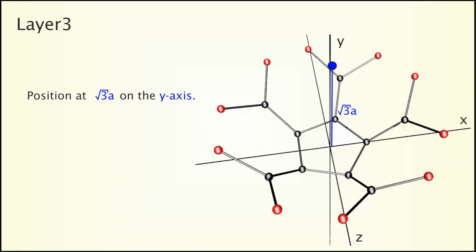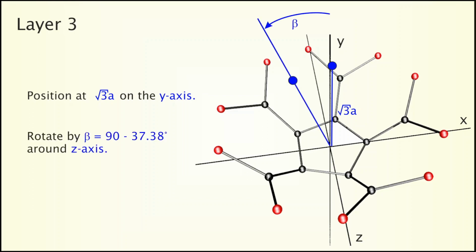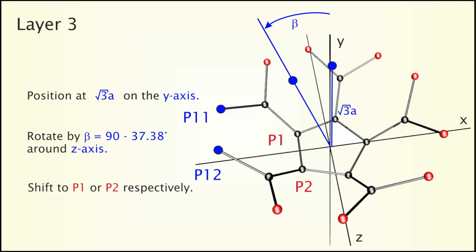Now it's time for layer 3. The positions from layer 3 are in the same plane as the respective positions from layer 2. So we will have to use the same angle for rotating these positions around the z-axis as before. Again, we start with the position on the y-axis, this time in a distance of square root of 3 multiplied by a. This position is then rotated by 90 minus 37.38 degrees around the z-axis and shifted to position 1,